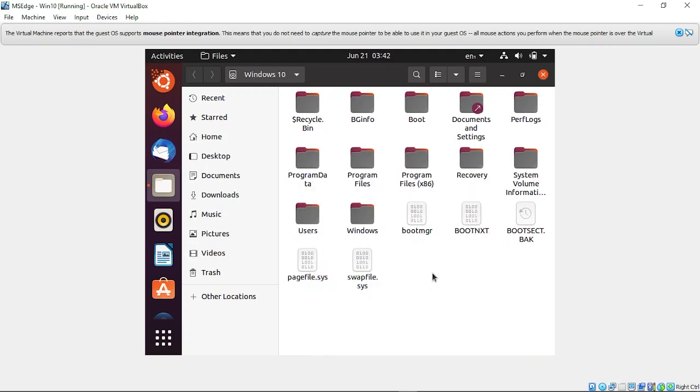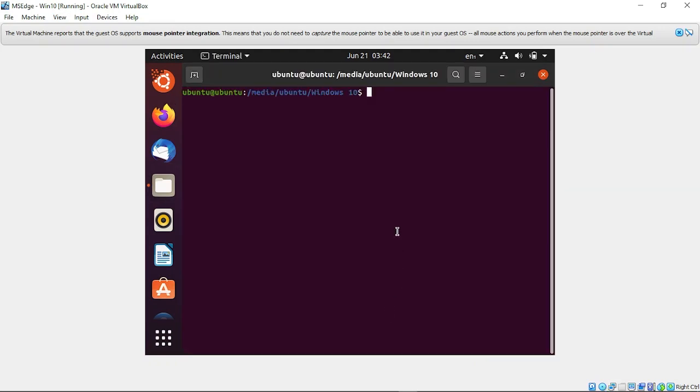I'm going to open this folder in my terminal. Right click and click Open in Terminal. Now I'm going to use a tool called chntpw. Using this tool, we are going to bypass the login. The file that we are going to hack is called the SAM file.